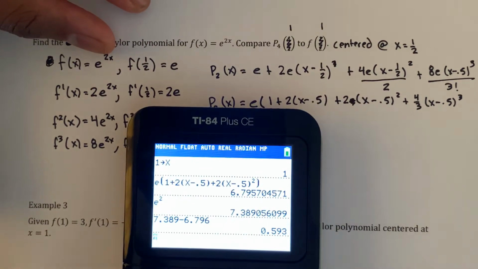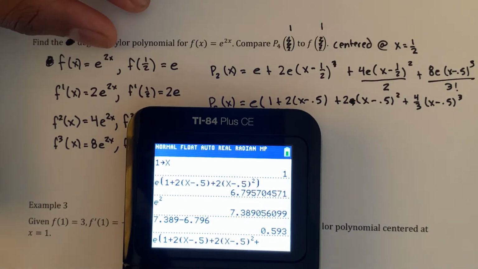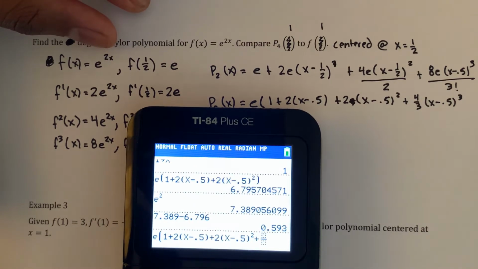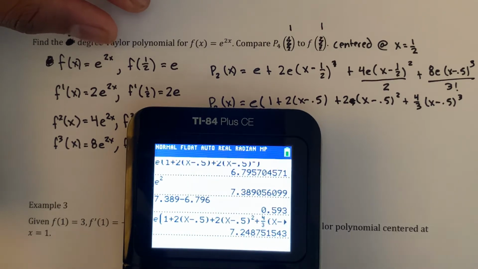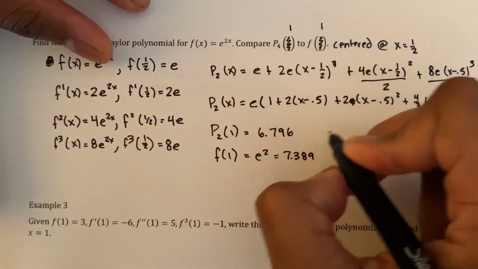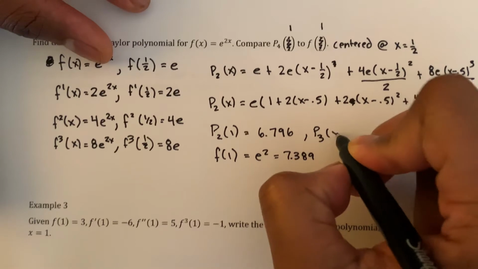So in our calculator, let's go back and add in one more term. So we're going to delete that, and we'll delete that parenthesis. So plus 4/3 times x minus a half, and we're going to do cubed, and now we close that out. And so now we get 7.2488. So now if we do P3 of x, so P3 of x is